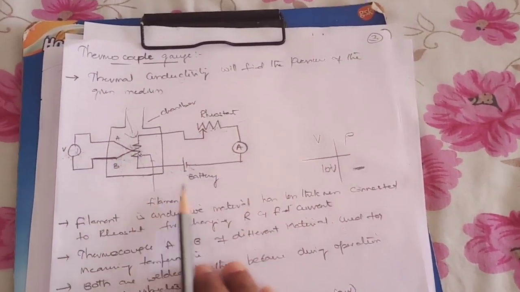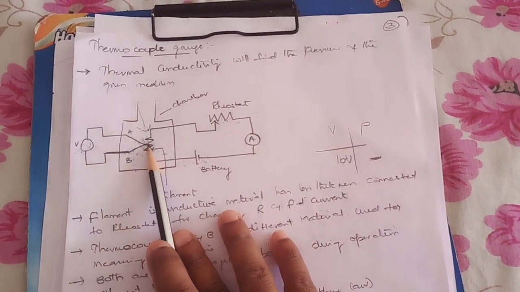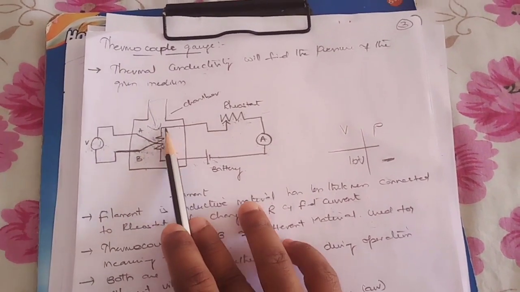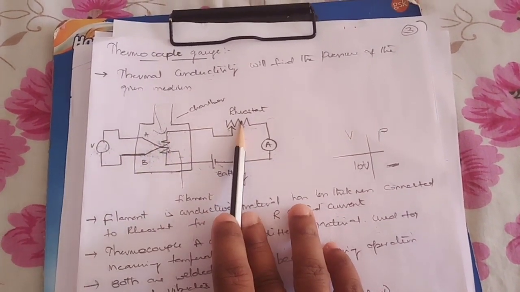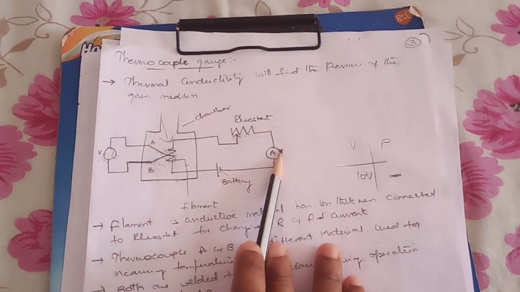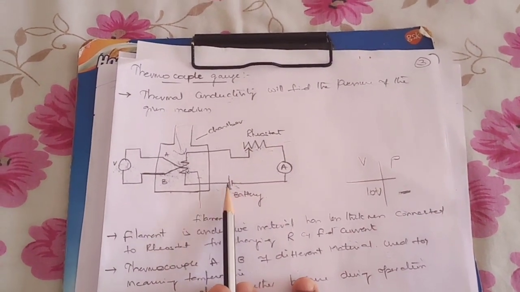So this is a diagrammatical representation of thermocouple gauge. This is a filament, which is generally called a conductive filament. The thickness of the filament is very thin. The other end of this filament is connected to the rheostat, which is a variable rheostat, and the rheostat's other end is connected to the ammeter. The ammeter's other end is connected to one end of the battery, and the other end of the battery is